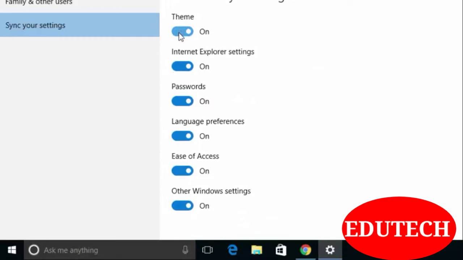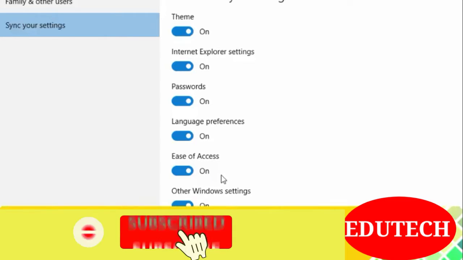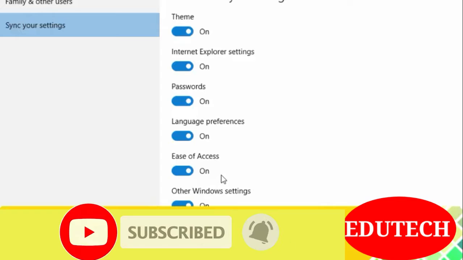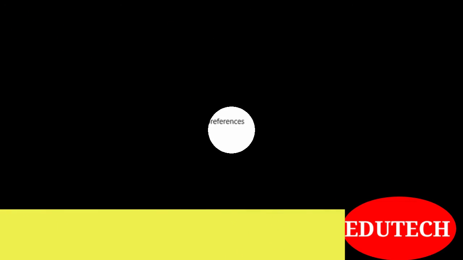If you want to sync your theme, then turn on this option. If you want to sync your Internet Explorer settings, then you will have to turn on this option. Likewise passwords, language preferences, ease of access and other Windows settings. So choose the settings you want to sync with other devices. It will automatically take effect on your other devices. So this is about sync and the Microsoft account.